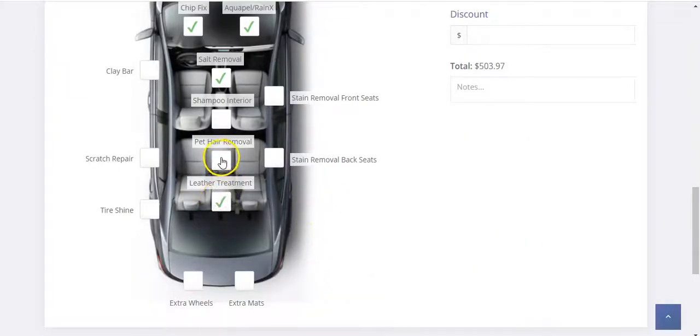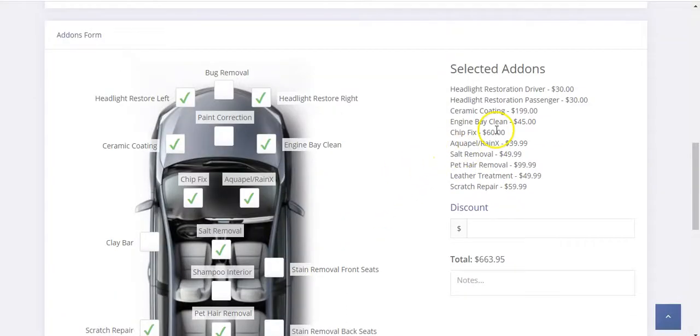Great. Ooh, we notice some pet hair in the vehicle, so we can remove that. Oh, would you like us to do the little scratches on the side? We can buff that out, and it'll look like brand new. So this is where you start adding those options in. But now all of a sudden, if you look at the pricing here, we've just added $663 to an appointment that was $220. This can be overwhelming to a customer, but that's great news because you can turn to them and say, okay, listen,